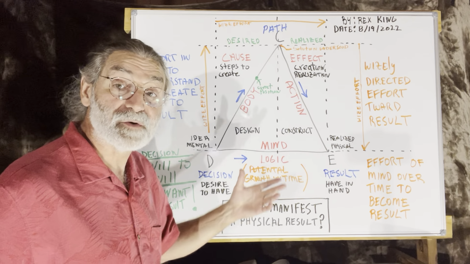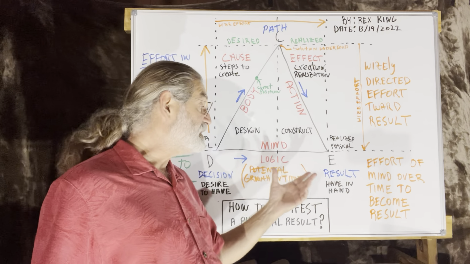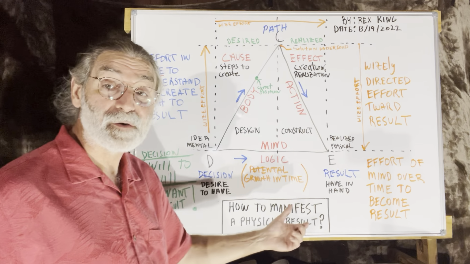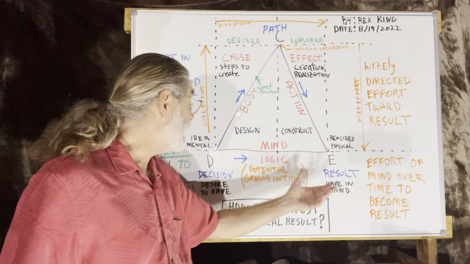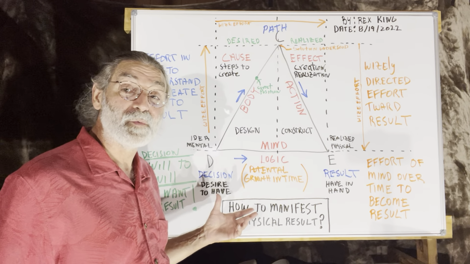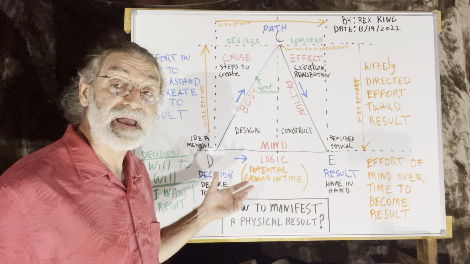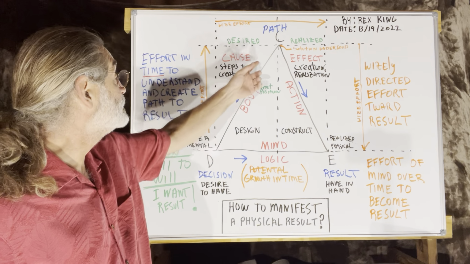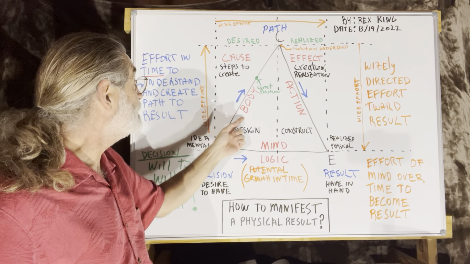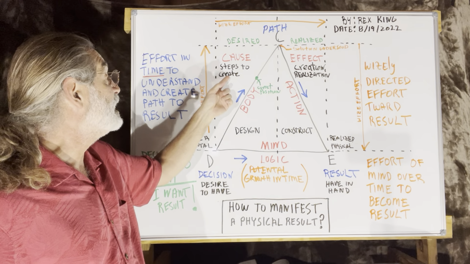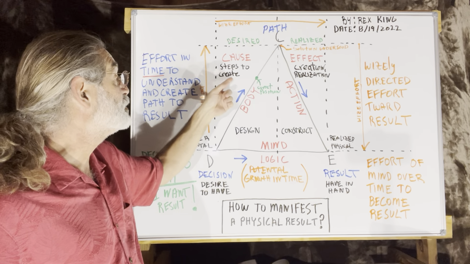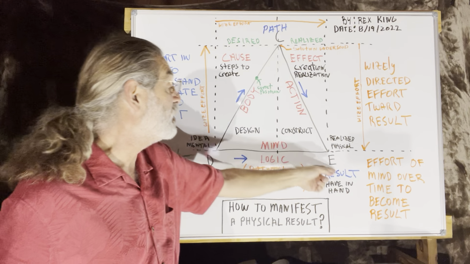So for instance, we want to go to college. We decided we want to become an engineer. We see all the blessings and benefits that come with becoming an engineer. We want that. Well, what do we have to do? Can we sit on the couch at home and become an engineer? No, we have to take the best path forward. That's what this is. We have to desire it, and we have to use our body. We have to find the steps to create. The first cause then is to find the steps to create what it is we want, the result.